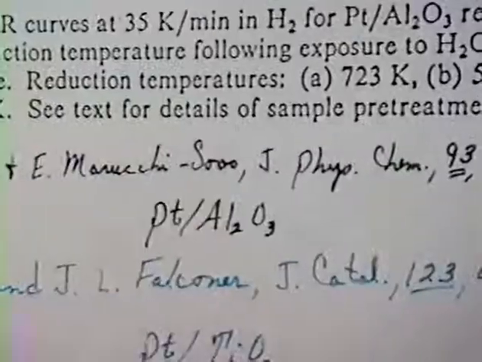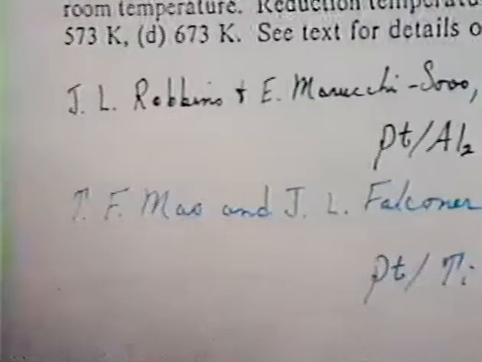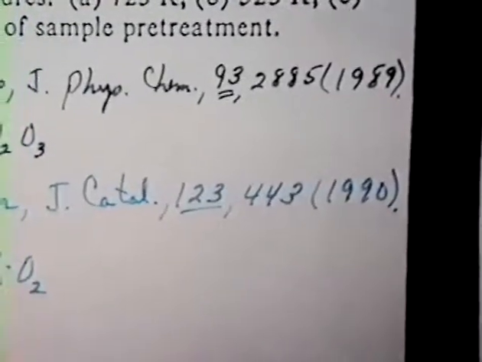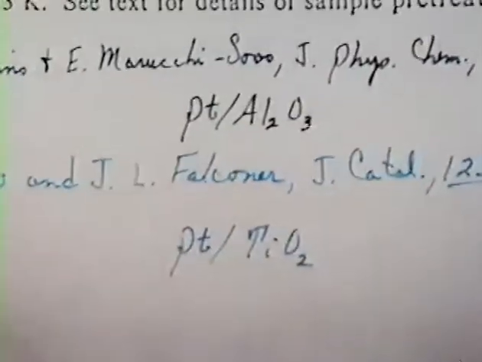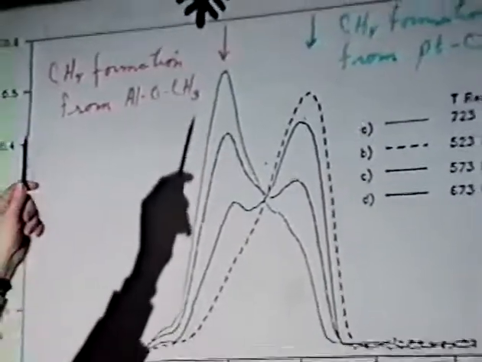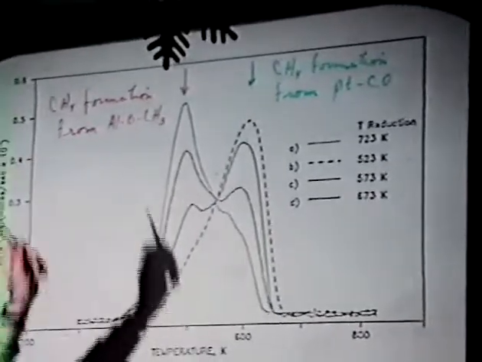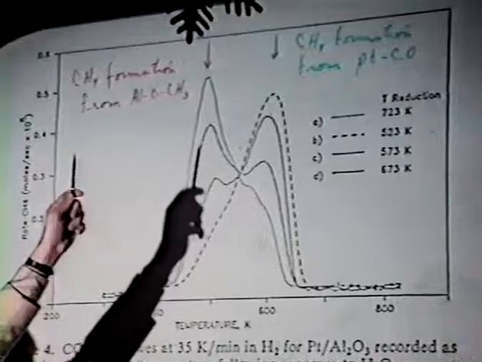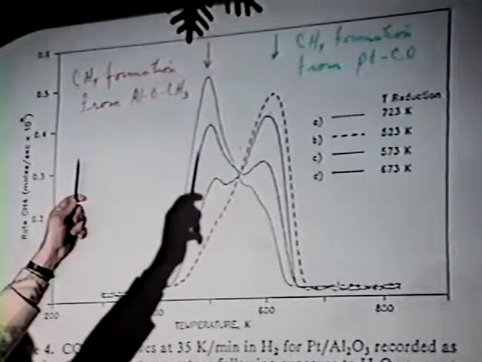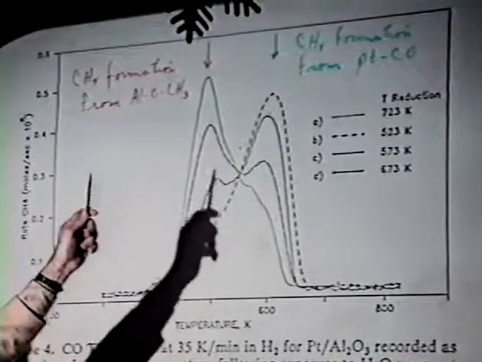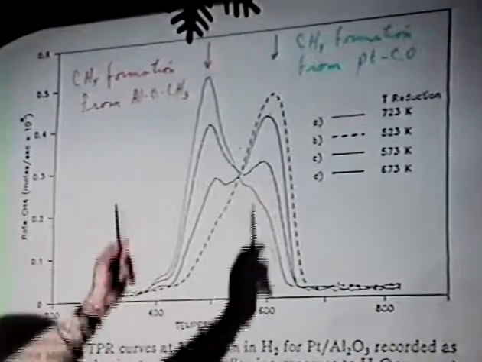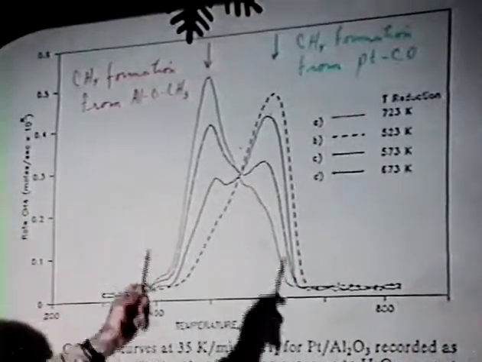It's bifunctional, not in that you have a metal acid property, but you have a metal and more basic property, and that the CO is moving off of the metal and forming a methoxy intermediate. And what is being shown here is the relative amount of the methoxy intermediate, which is being hydrogenated to methane, and the CO adsorbed on platinum, which is being hydrogenated to methane, in temperature programmed reaction